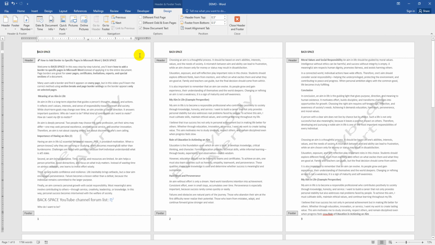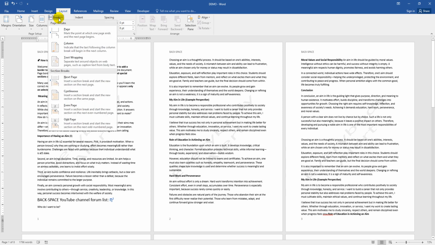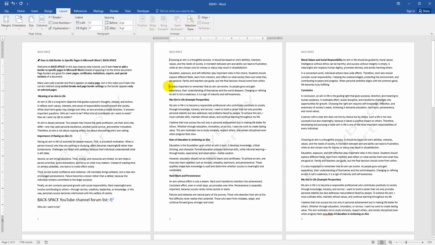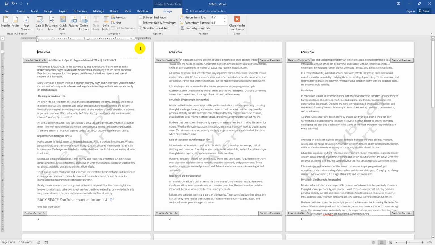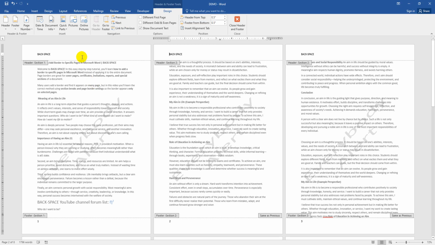Then we can see here the header is one section. Now I go to the end of the first page, go to the Layout menu, then click the Breaks drop down menu, choose Next Page, then remove the space, then double click again on the first page header. We can see here the first page header is Section 1 and the second page and all other pages are Section 2. Now I go to Section 2 and turn off the Link to Previous option, then close the